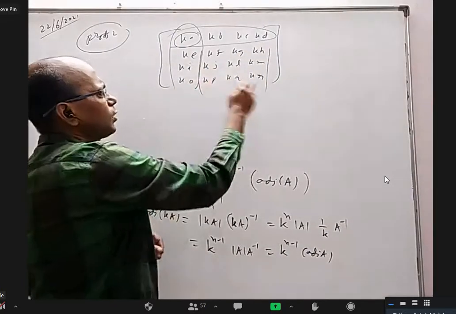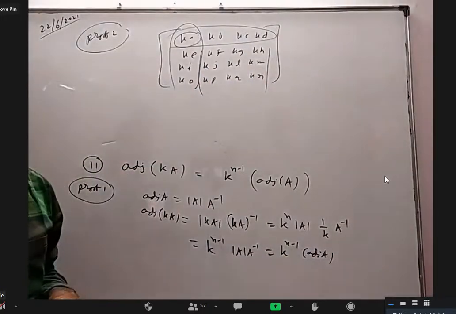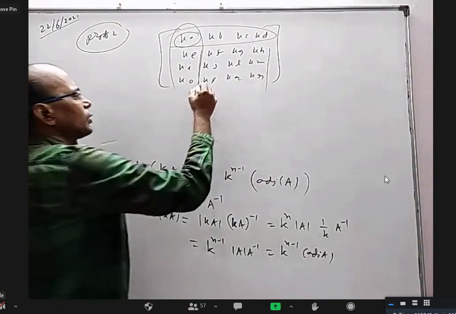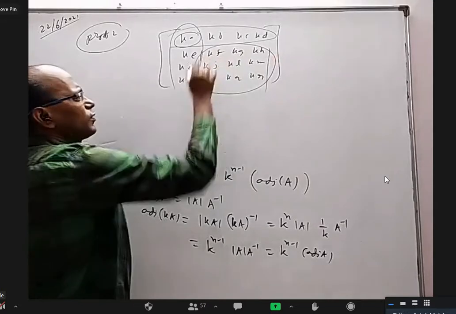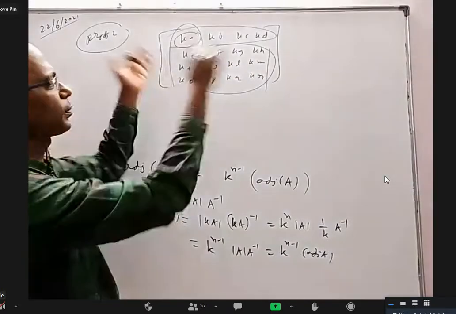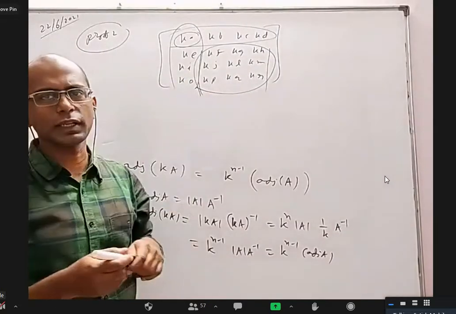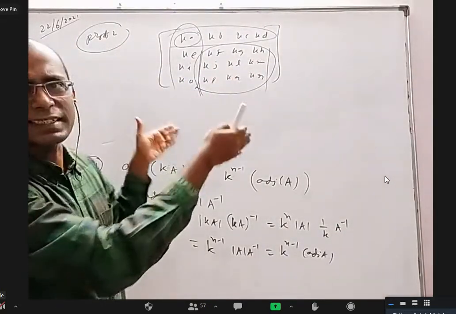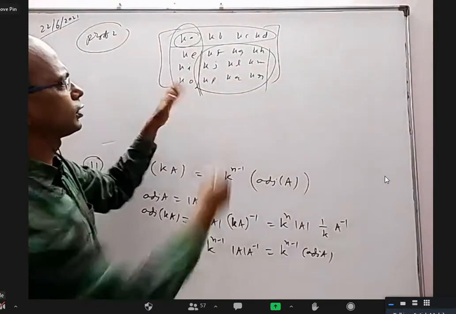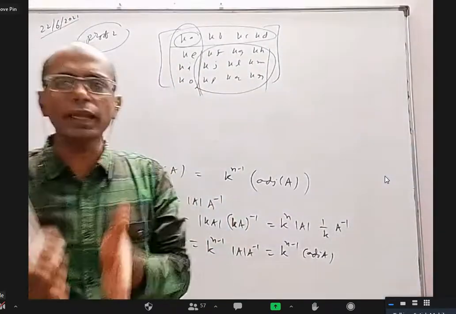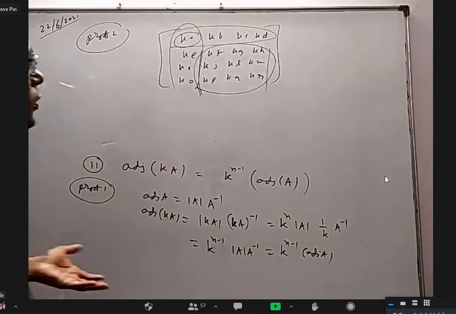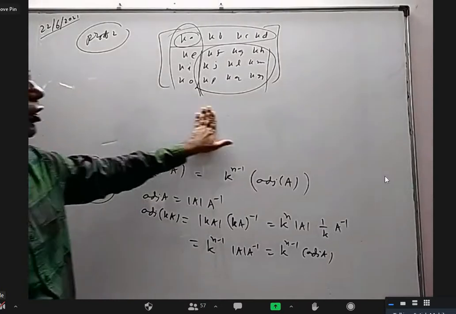In that, K will come common how many times? 3 times. So earlier, the cofactor is only this one without K. Now, with K, K is coming common only 3 times. So for a 4 by 4, K will come common 3 times. Similarly, if the original matrix is n by n matrix, and if I neglect one row and one column, it is n minus 1 by n minus 1 matrix. In that, K will come common n minus 1 times. I don't know how to express it, but that's why I'm telling orally.